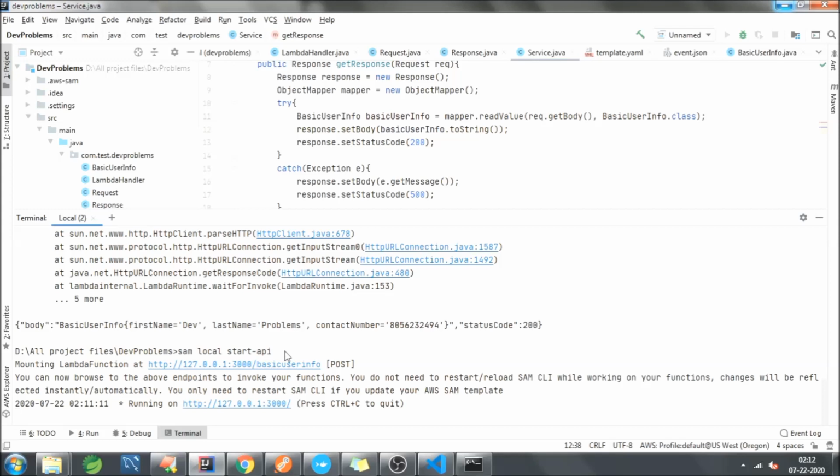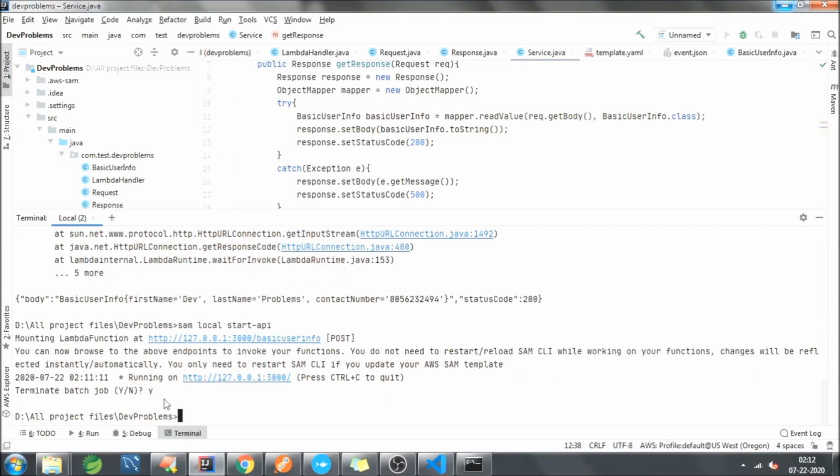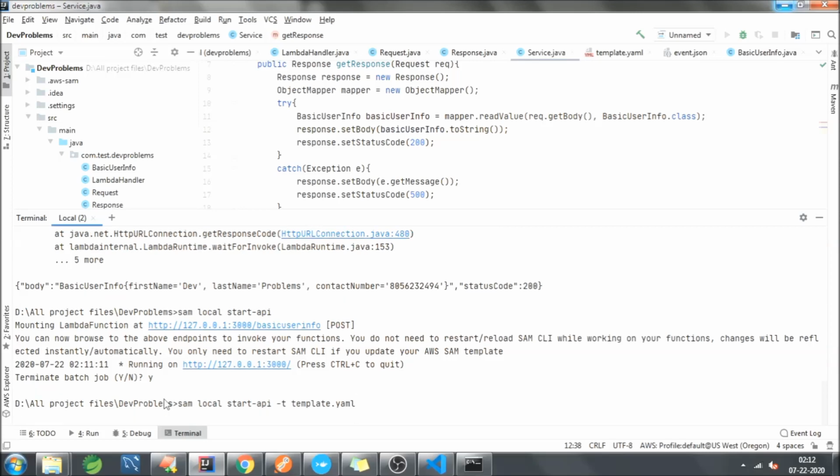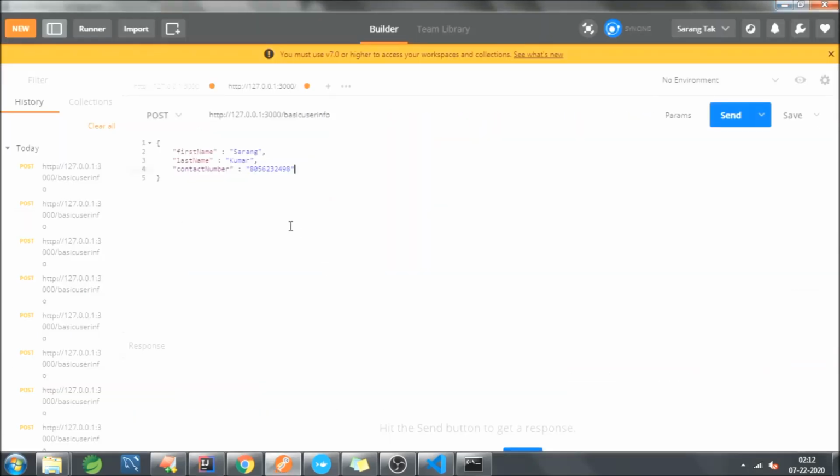So I will press Control C and terminate this, and I will start it again. sam local start-api. I need to provide the template name as well, template.yaml. Okay, I will start again. Now I will hit this API.